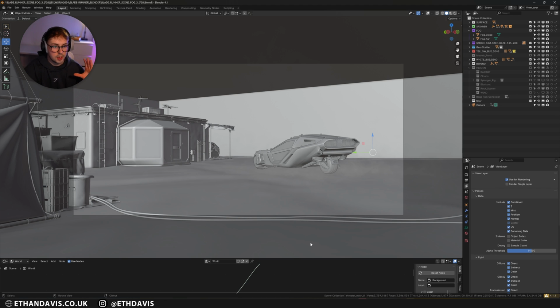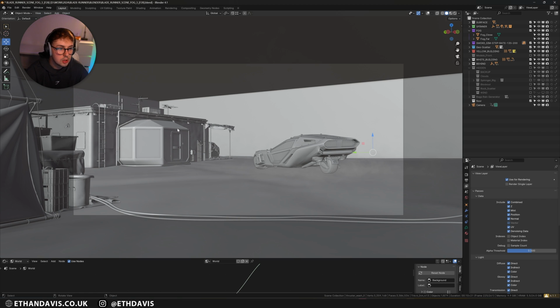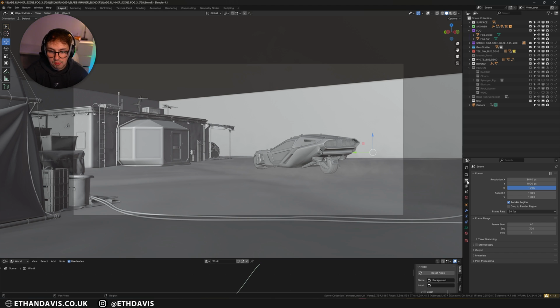All right, so now that's installed, I can simply render it. First you might need to check if you've actually got the add-on installed. You'll have to go to File, Preferences, Add-ons, and go to RenderBeamer and just make sure that it's ticked on. It might be in an extension, so just be wary of that. Then just make sure the settings that you have are the ones that you want. You're going to go up to the top left and click RenderBeamer.